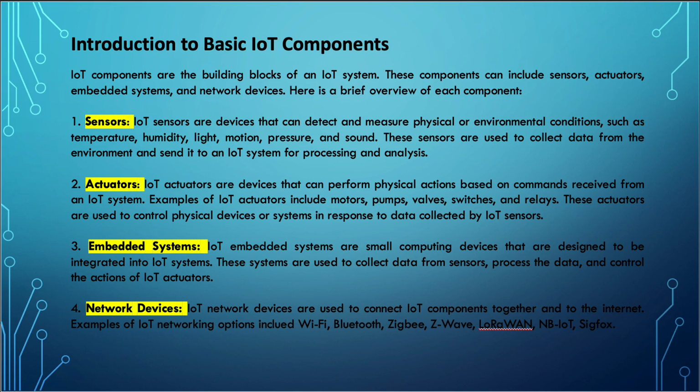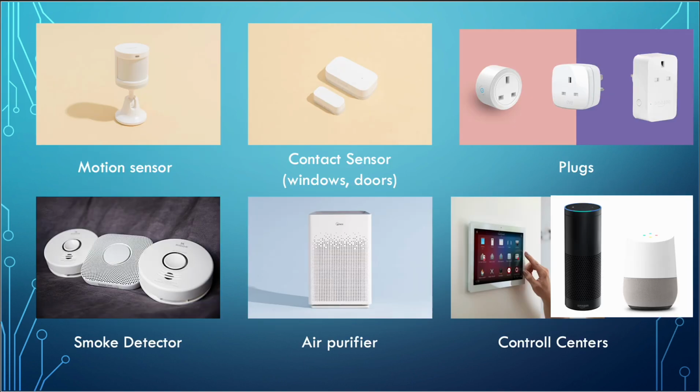Let's go to the examples again. If you take a contact sensor, these will be connected through a small magnet, and when the decoupling occurs, the strength of the difference of that magnetic field should be calculated